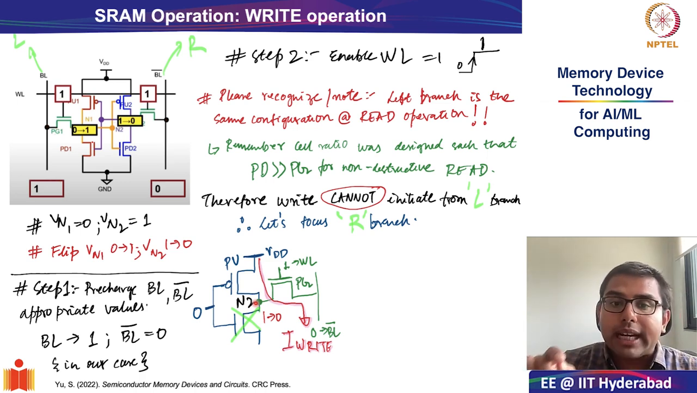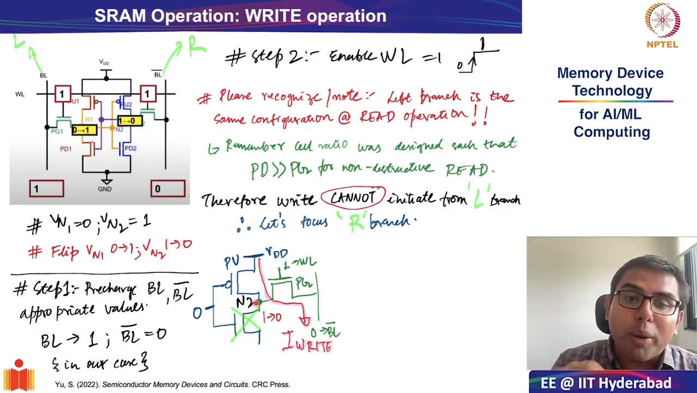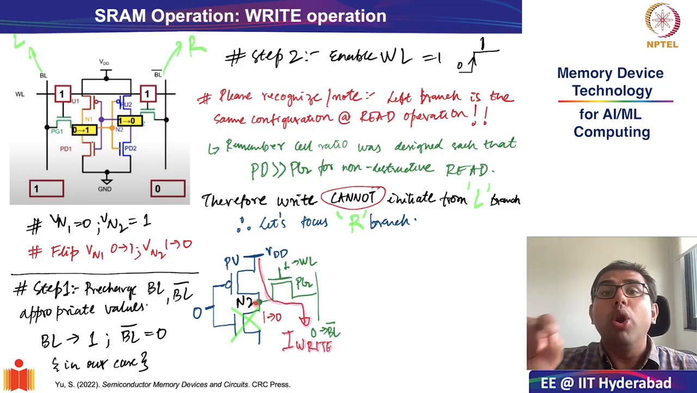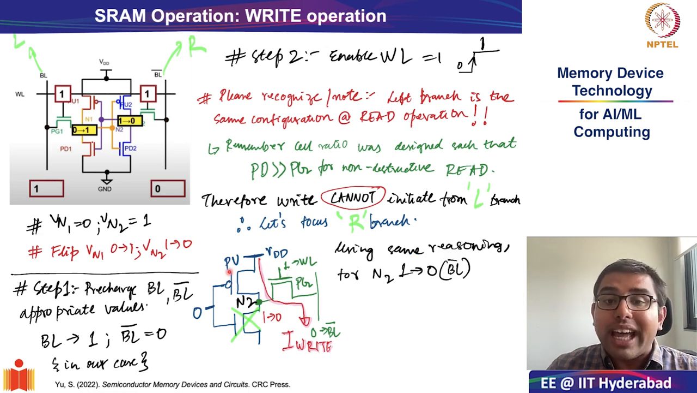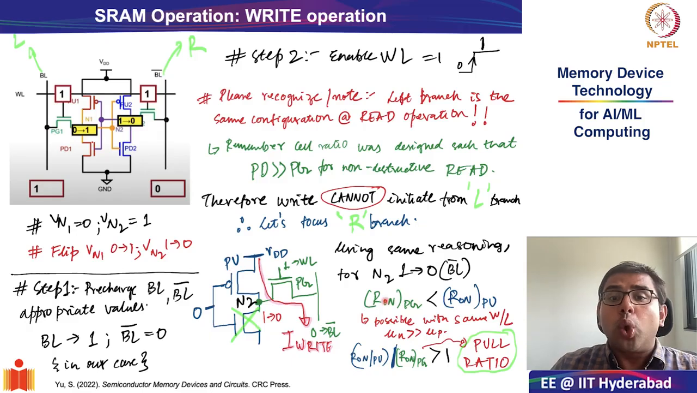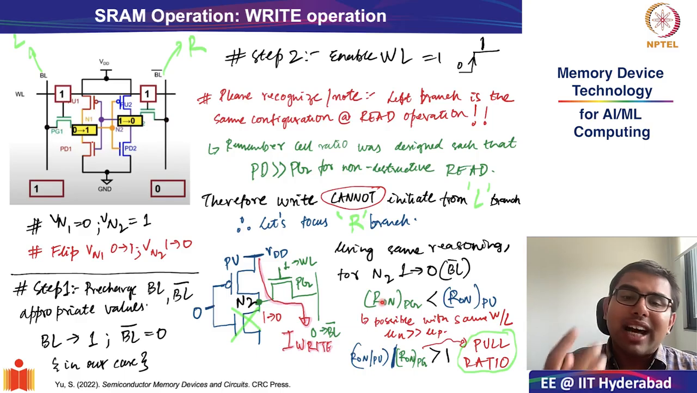But now our objective in write operation is that the internal node N2 must flip. It must flip from 1 to 0. And as we know, if we do a similar analysis, if we want internal node N2 to flip from 1 to 0, the pass gate transistor has to be much stronger compared to the pull-up transistor. And that is what I have indicated over here. So the pass gate transistor has to be stronger than the pull-up transistor, or in other words,